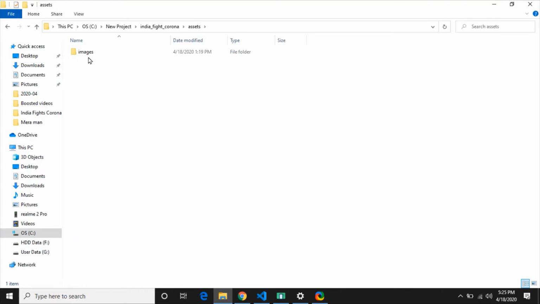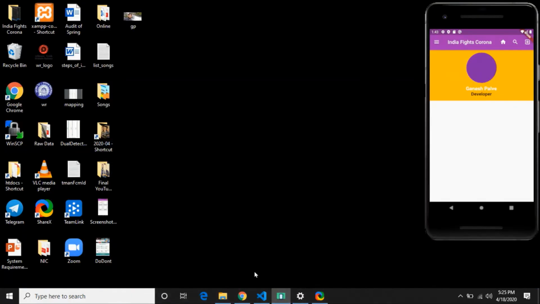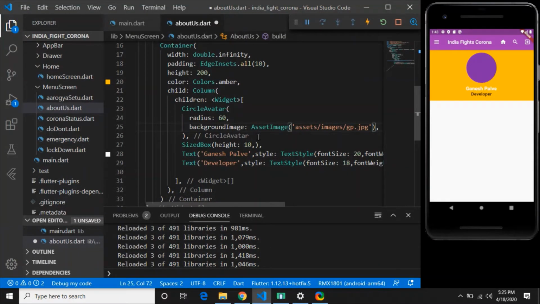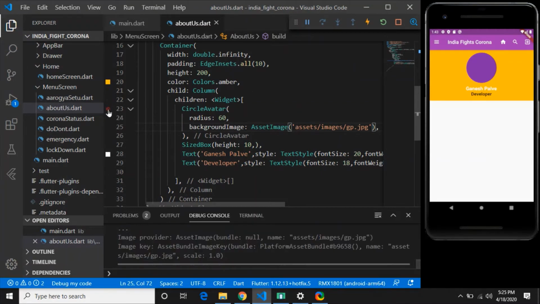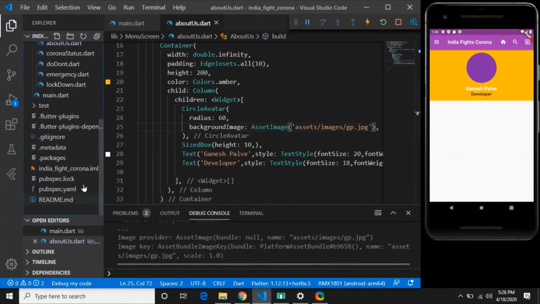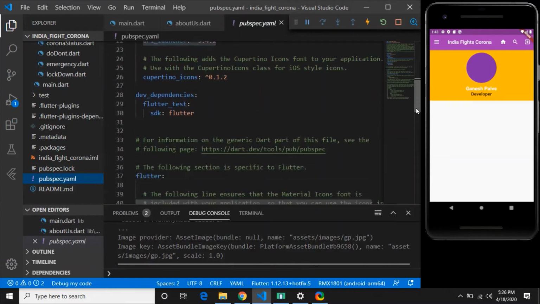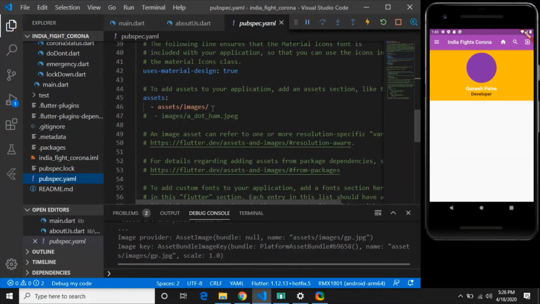Now, look, this image will not come here immediately. The reason being, it will not be able to find the images. You have to scan the pubspec.yaml file again, and I told you earlier what you have to do: just give one backspace and again give that backslash, save it, so that your image will be read by our compiler from the pubspec.yaml file.